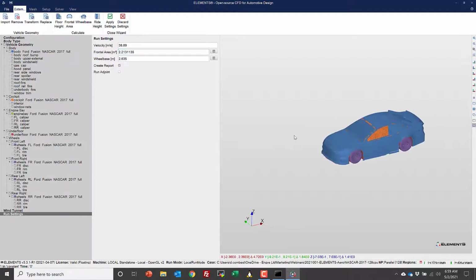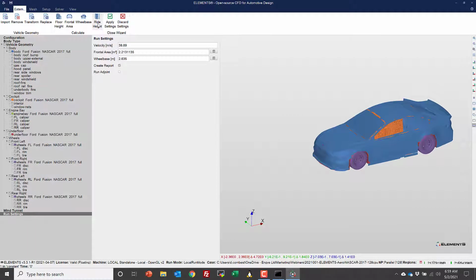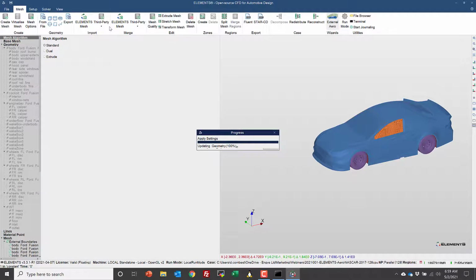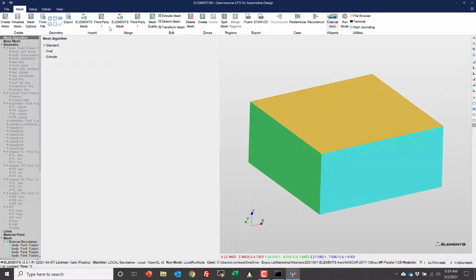If we wanted to, we could go further and we could adjust the ride height. But for now, I'm going to assume that everything is where it needs to be, and let me just hit apply settings. All right, when you hit apply settings, it actually writes all the surfaces because we did a little bit of surface manipulation by splitting them up into different STLs. It also sets all of our meshing parameters, so let's just choose